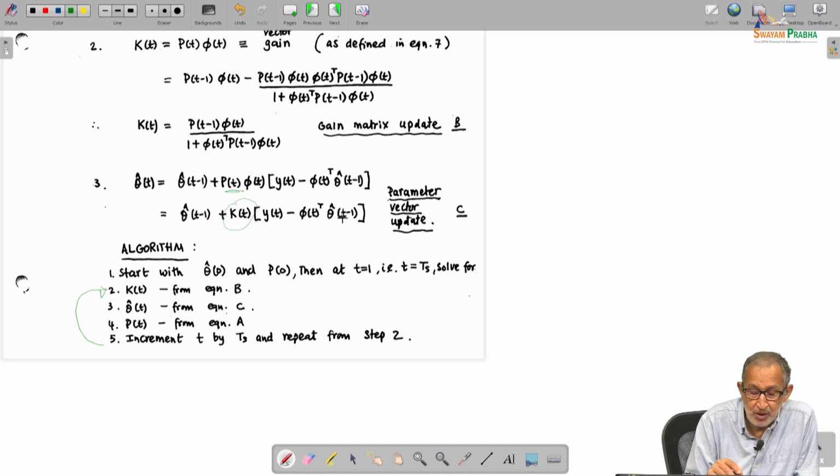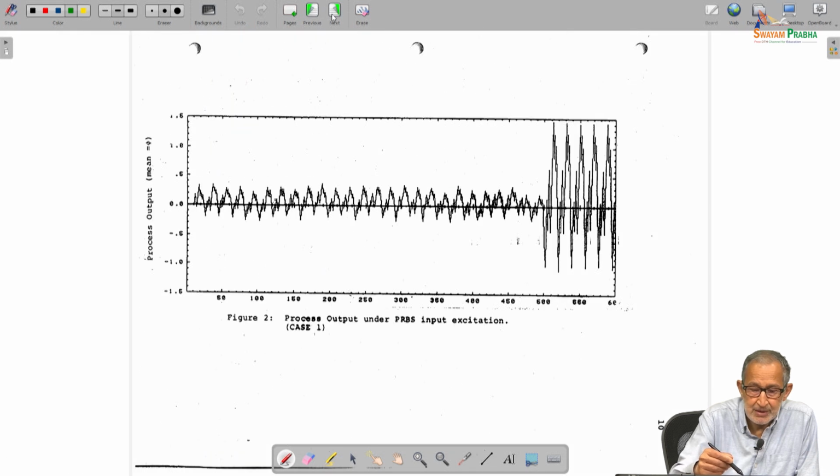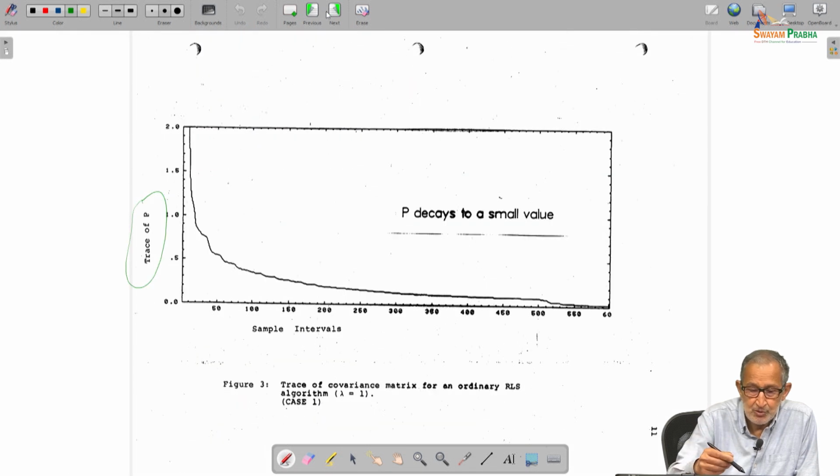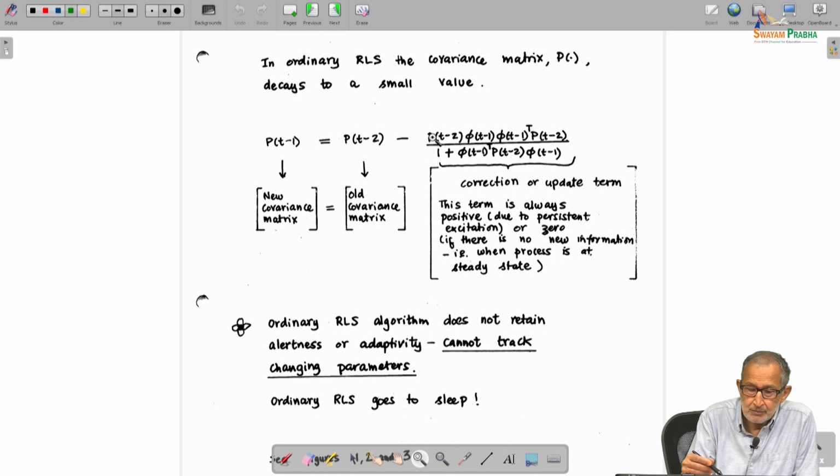So no matter what the prediction error, the updates will not occur. So in order to alleviate this, what can we do? P decays to a small value. So what's recommended is